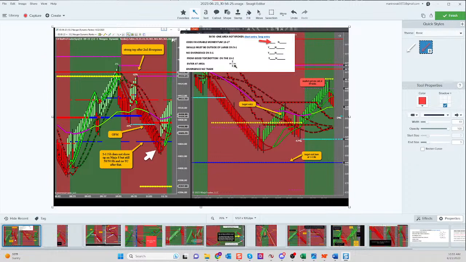You no longer have the smalls outside of the large. You're already in this trade, but now because it's medium probability, we're looking for change that says it may not work. So your small triggers have weakened the large triggers. So now this yes becomes a no. No divergence on the 5-1, your yes becomes a no.